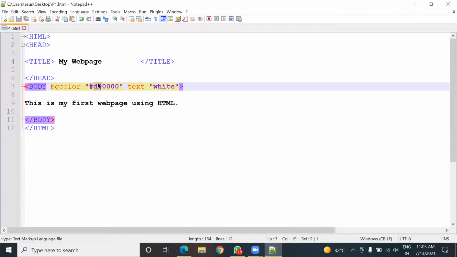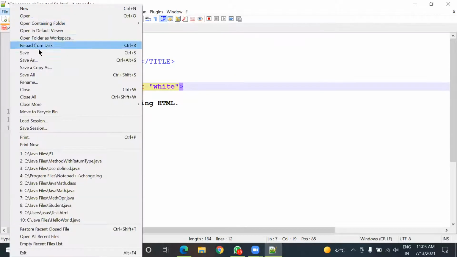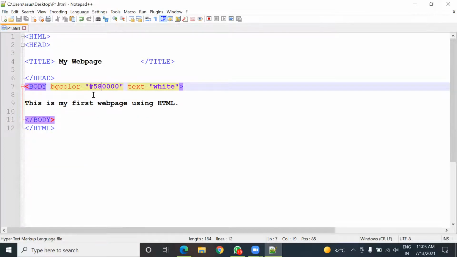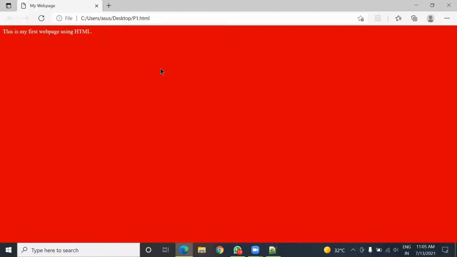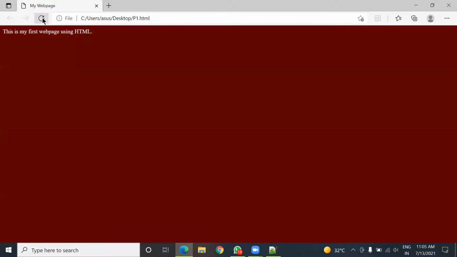Now I'm going to decrease it furthermore. I'm going to make it 58. Again, 58 here is not 58 as in the decimal number system that we use regularly in our life. Here it is in hexadecimal value. Now see the change. Do you see now the drastic change in the color? But again, it is looking red, na? Yes, sir. So brown.